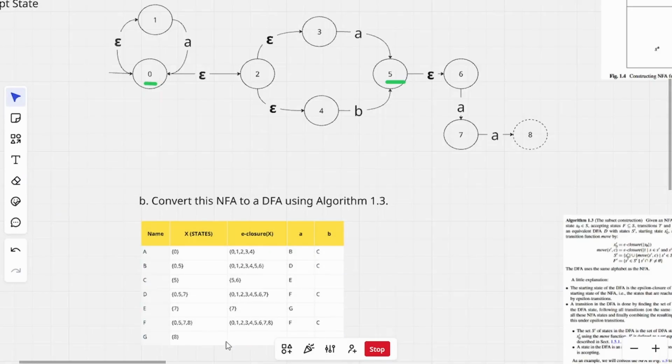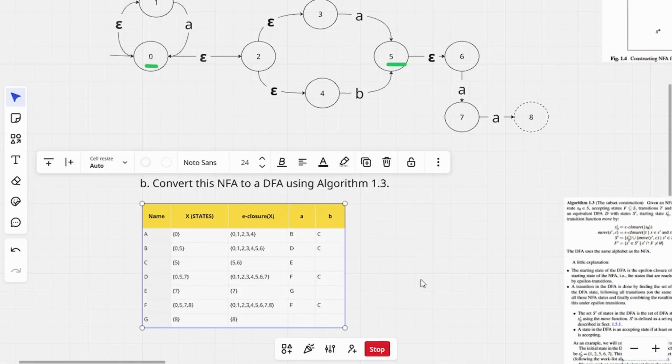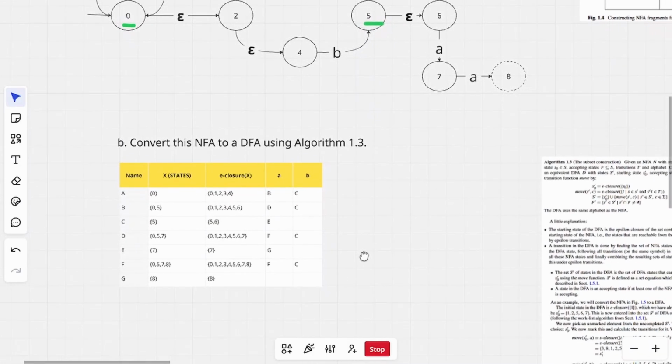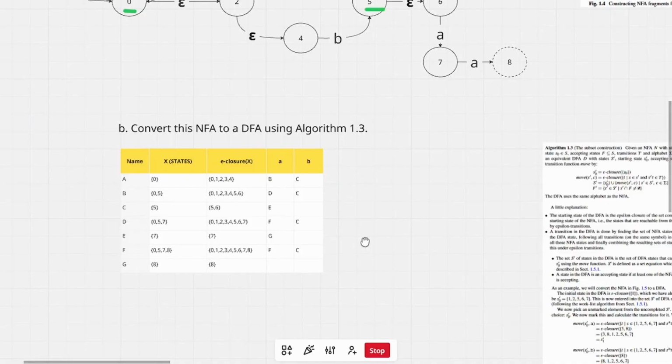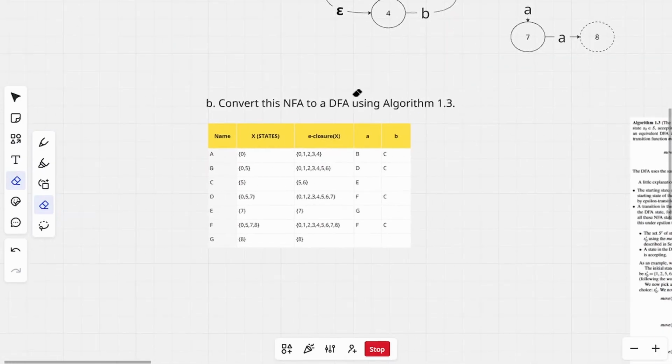There you go. And from 8, we do an e-closure of 8, and we just get 8. And where can it take us? Nowhere. And there you go. I think we're done. That's it. It took a minute, but we're done. We've converted this NFA into